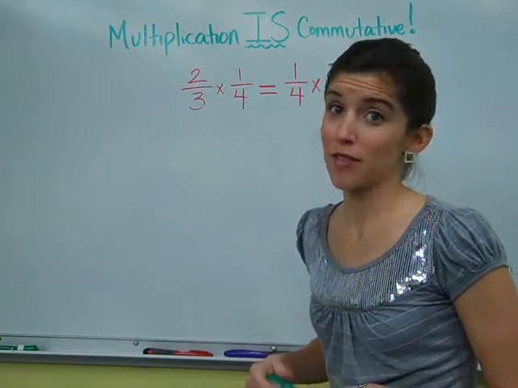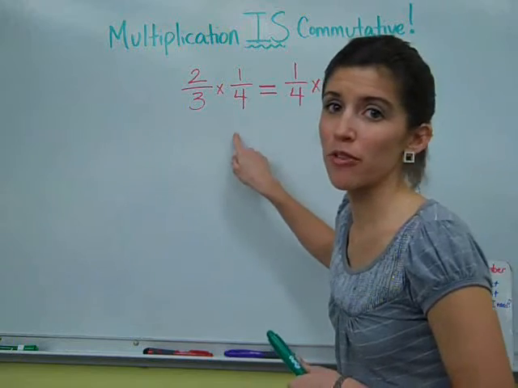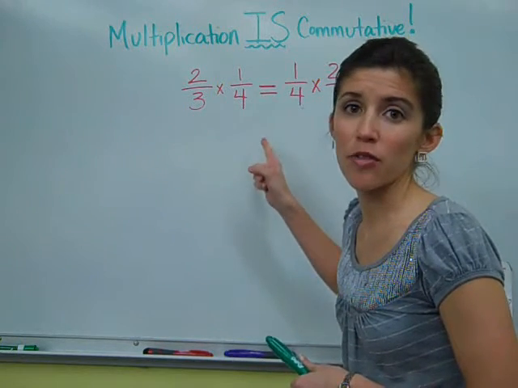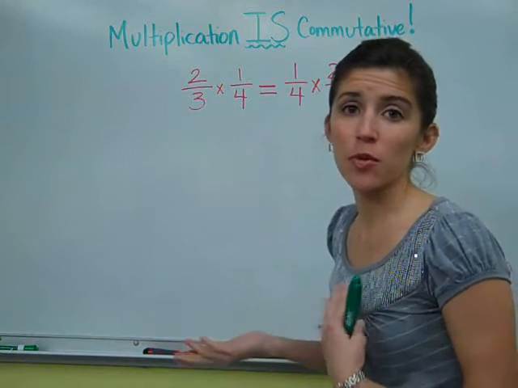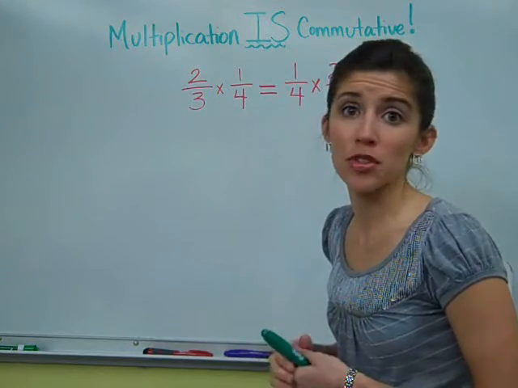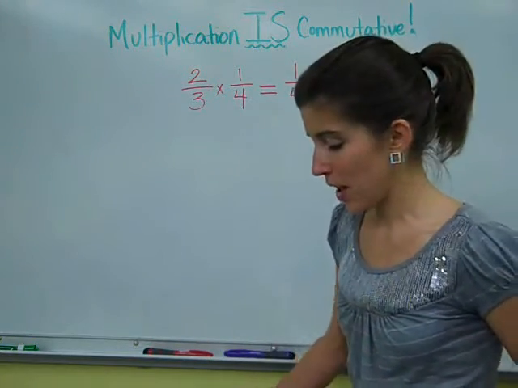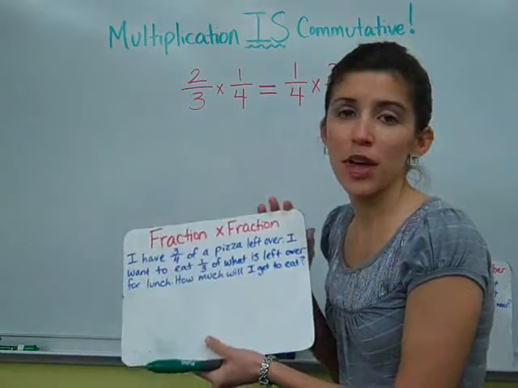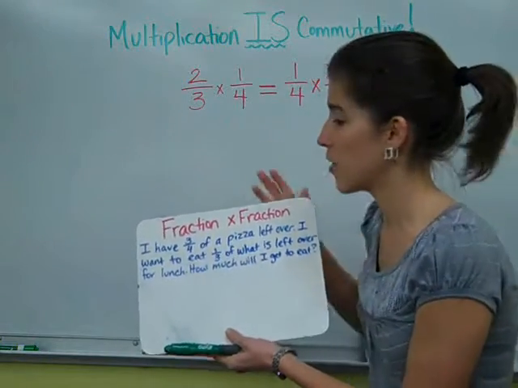Multiplication is commutative. So 2/3 times 1/4 is the exact same thing as 1/4 times 2/3. Doesn't matter which way you have the numbers at all, which is lucky for us. The first thing we're going to talk about is multiplying a fraction times a fraction, like I have up here